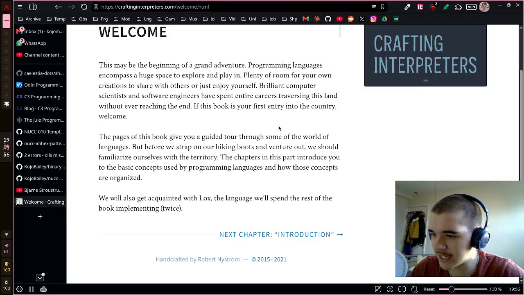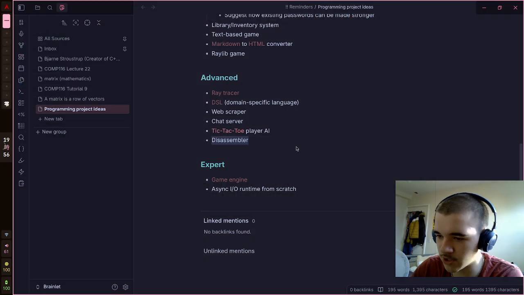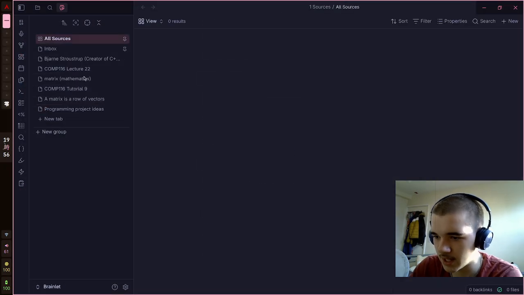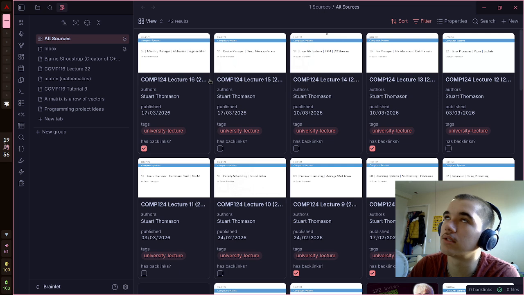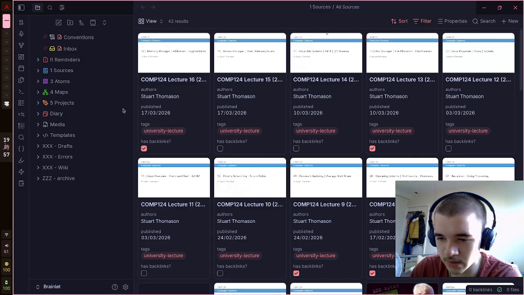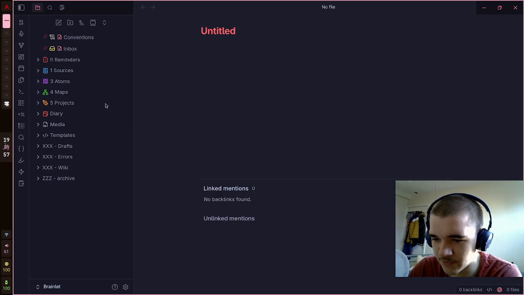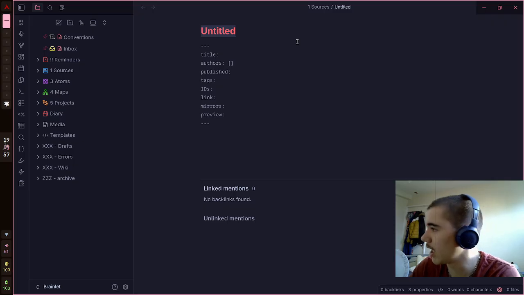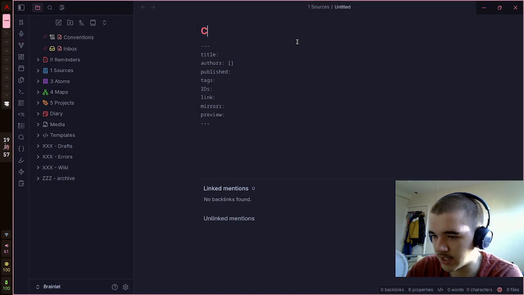I should also be taking notes while I do this, so let me also open Obsidian and get this ready. Now, I don't mind having monolithic source notes, I don't think. So I'll just call this a book, and if I need to split it up later, I'll do that. So for now, I'll just do the whole thing. Crafting interpreters